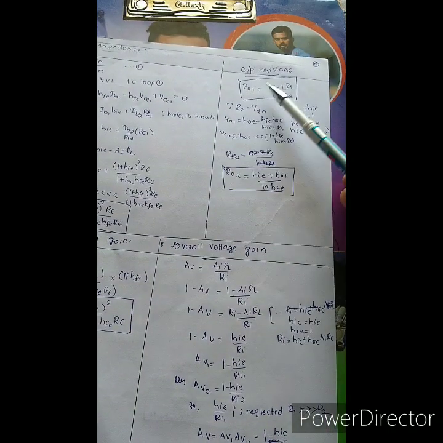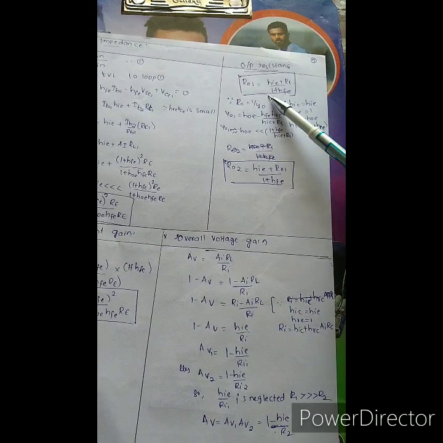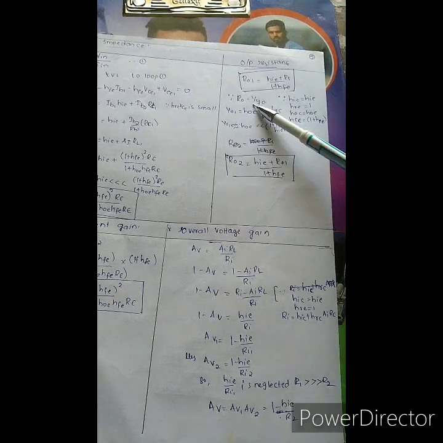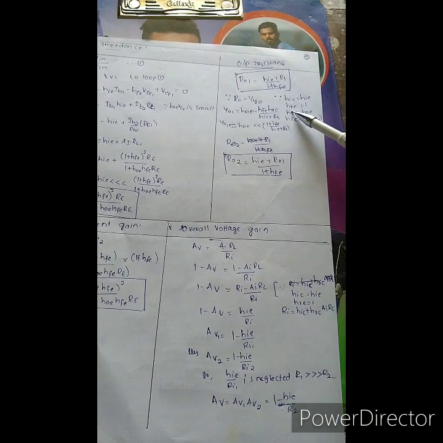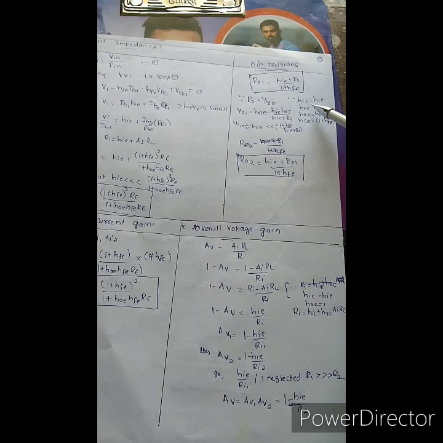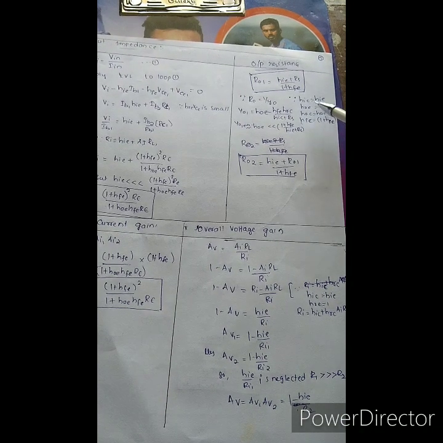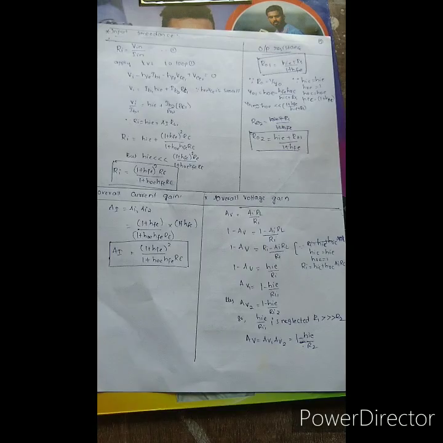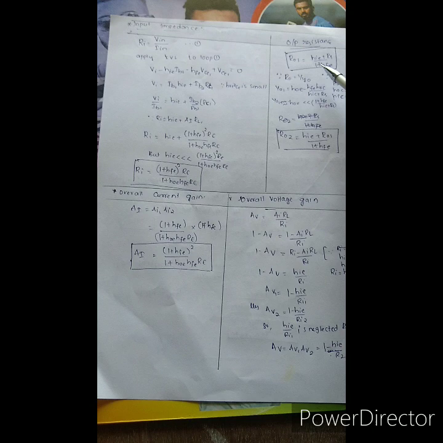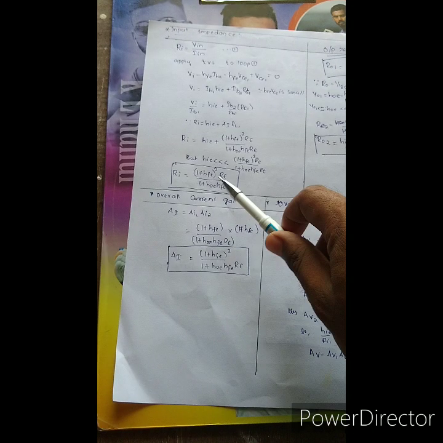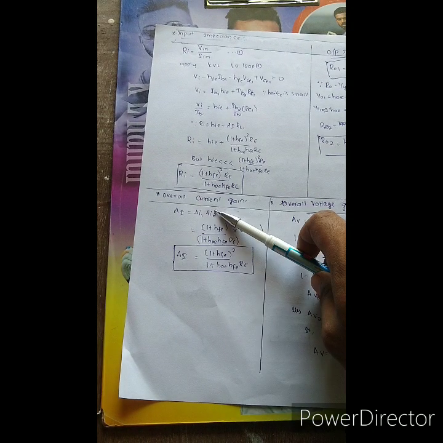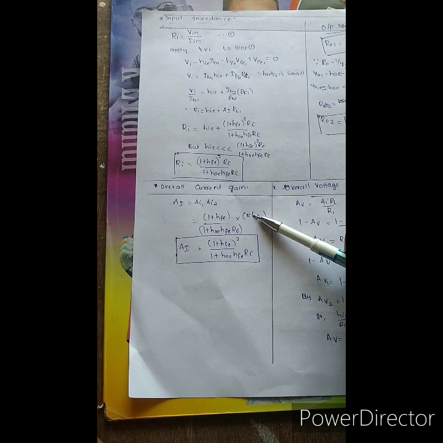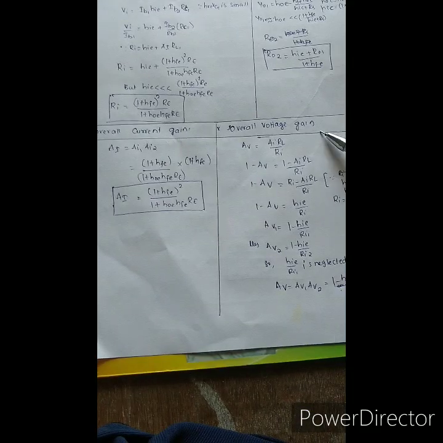Next, the output impedance or output resistance is given by RO1 equal to HIE plus RS by 1 plus HFE. Since admittance equals 1 by resistance, we know some standard formulas: HIC equal to HIE, HR equal to 1. Friends, this is the output impedance derivation value. Overall current gain equals A1 into A2. We know these formulas from the second stage and from the first stage. Calculate the total current gain and total voltage gain, friends.